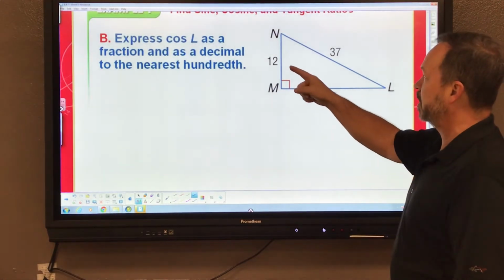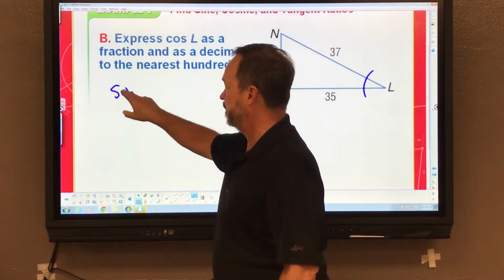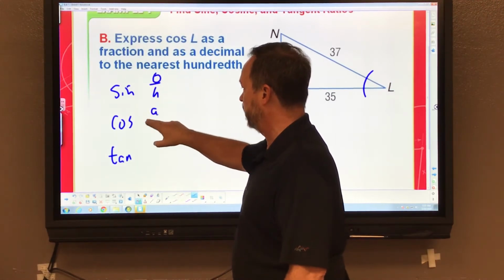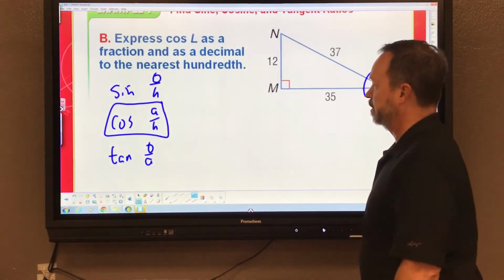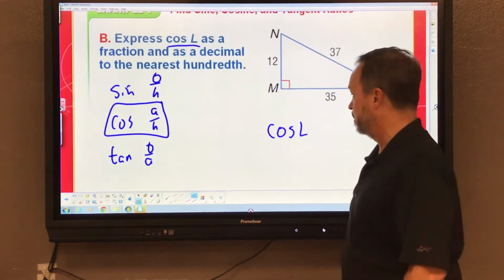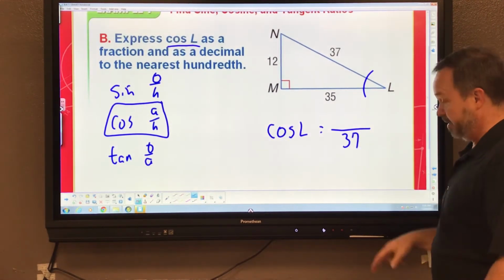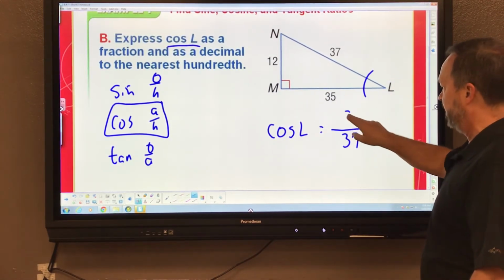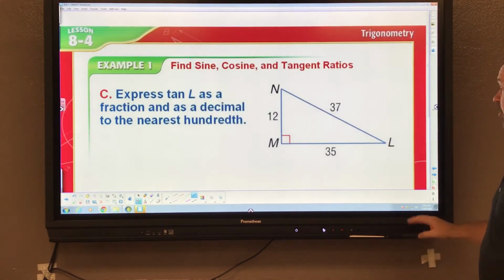So now they want us to do the cosine of L. It's the same angle, they want us to do cosine. So again, we have sine, cosine, tangent, orange horses always have orange ankles. This time we're doing the adjacent and hypotenuse. Cosine of L is going to be the adjacent divided by hypotenuse. The hypotenuse is the hypotenuse, as I said. It's the one across from the right angle, period. So what's the adjacent for this one? 35. That's the answer. And there's so much more you can do with that, and we'll see a little bit of that later